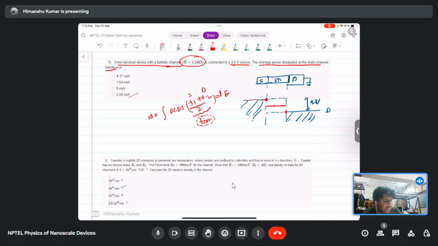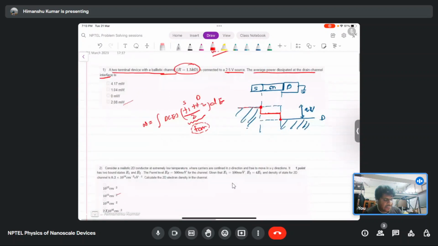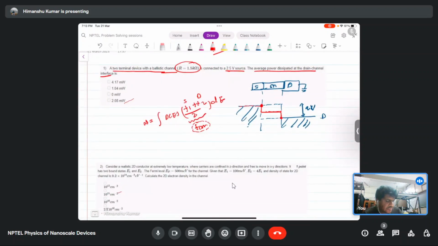For a 2D ballistic channel, this Fermi level will be midway between these. So now as we apply the bias, as the Fermi level is constant in the channel, there won't be any drop in the channel region. The only drop will be at the interface between the source and channel and between the channel and drain interface. Okay. So if this is in the middle of the channel, then half of the voltage will drop at this interface